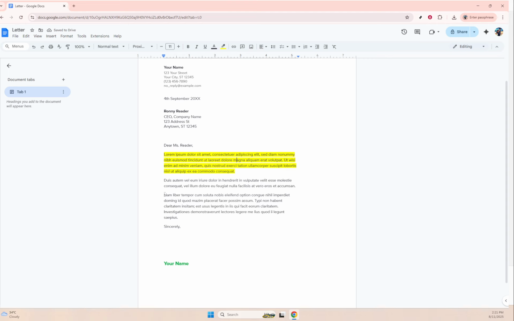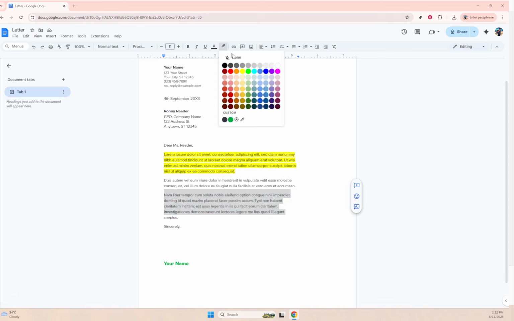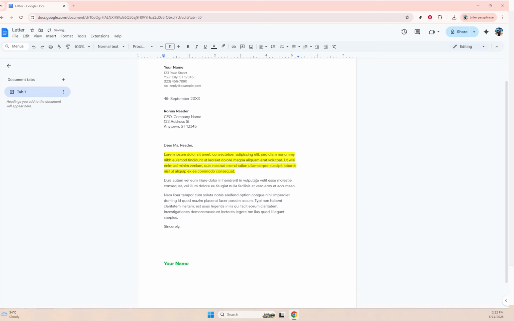If you happen to have applied a color and decide you want to remove it, that's easy too. Click back on the highlighted text, then once again click on the Highlight Color button in the toolbar. From the drop-down menu, simply choose None. This action will revert your text back to its standard background color, ensuring it blends seamlessly with the rest of